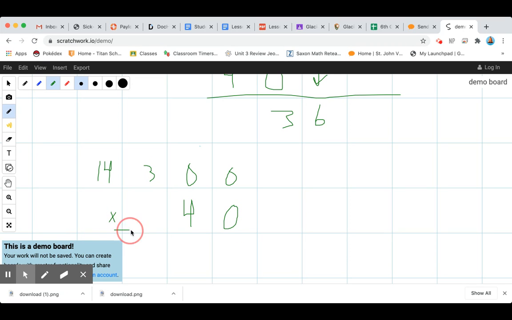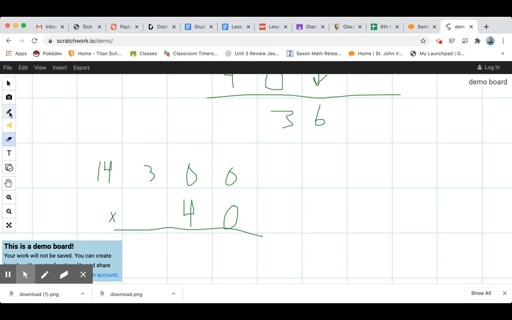So we have 300 times 40. We can do this the standard way. Or again, I guess you could do this the box way too, but realistically, it's going to basically come out to be the same thing. However, if you were to do the boxes, you'll notice that we're actually just going to have